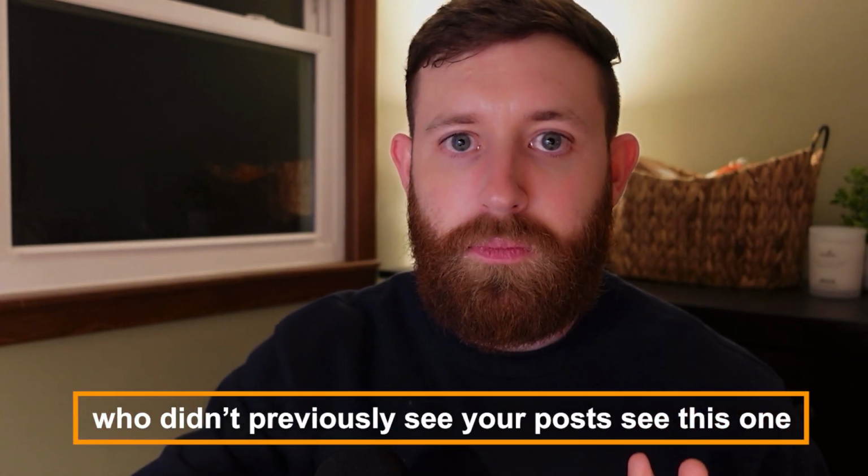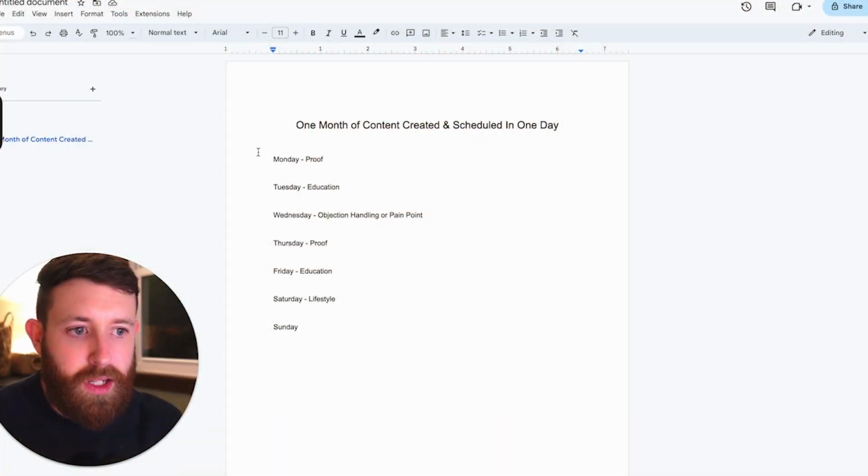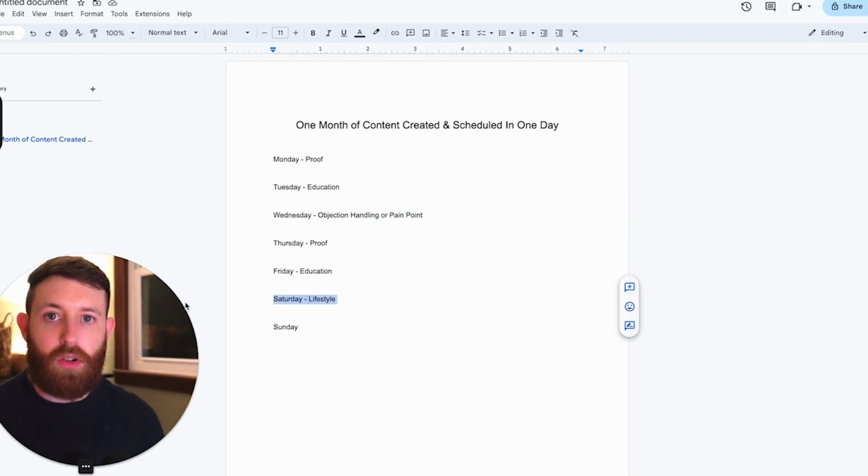The second thing is it increases the engagement. And when you increase the engagement, it reaches more people. There's more people who stop scrolling, who hit the see more button to read the whole post, who like, who comment, who DM you or whatever it may be. But a lot of people who didn't previously see your posts see this one. That's the first step. Second step, if that person stops scrolling and reads the caption or hits the see more button or takes any type of engagement action, they're more likely to start seeing your stories, and they're more likely to start seeing all your other posts. And so if we want to increase the reach and engagement on all of these posts right here, we want to have a lifestyle post inside our content every single week.